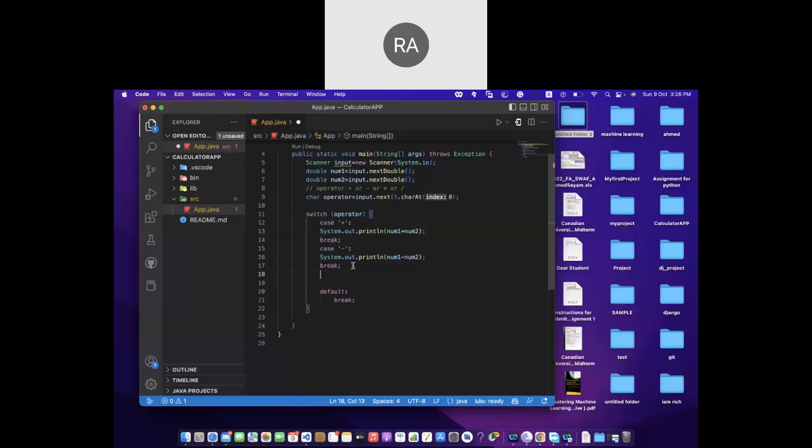Next I add multiplication, so I need a case for multiplication here. For multiplication, I am going to multiply the numbers. For division, I am going to divide the two numbers. And what is the meaning of default? Default is for when the user cannot enter plus, minus, multiplication or division. He may enter something wrong. So in the default, I am going to print